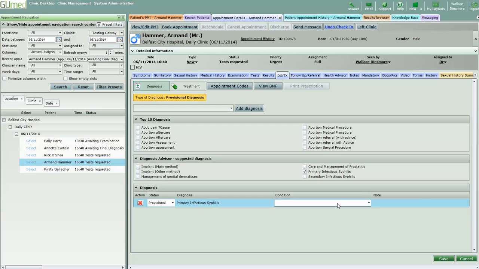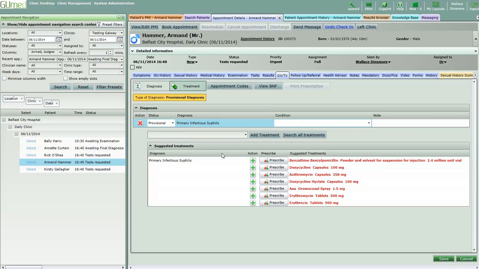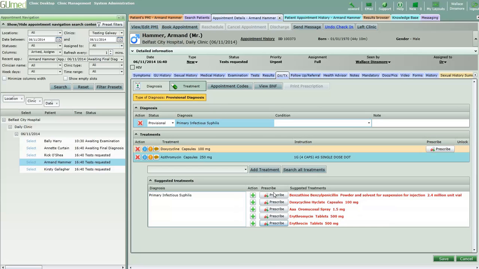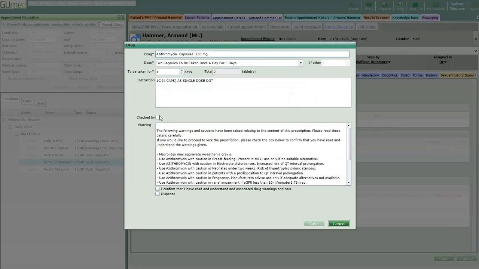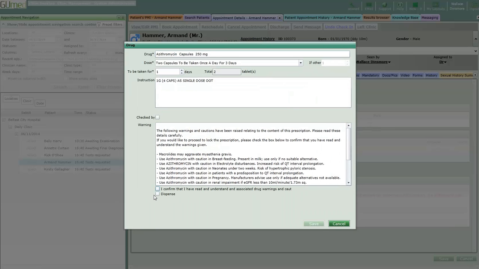If there are any conditions attached to that, then we can enter them there, or any free text notes. Go to treatment. We're then offered some suggested treatments. We can either add to the list and prescribe later, or prescribe straight to the list. Confirm that we've got and understood all the contraindicatory advice, or indeed dispense directly from the clinic ourselves, in which case